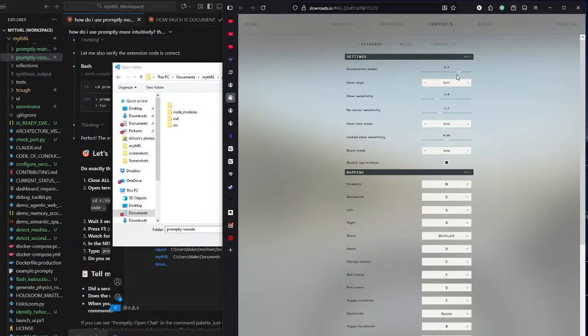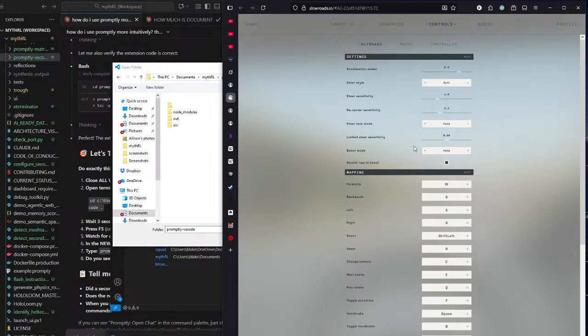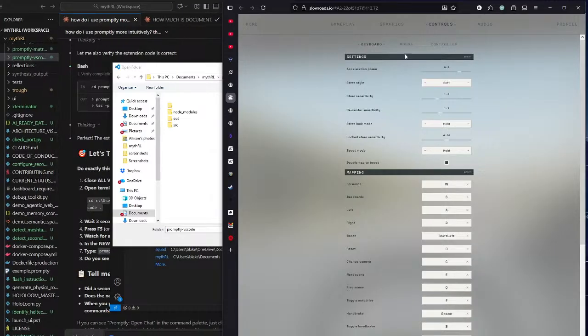Oh, I can change the speed. Oh my gosh, this is so rad. How do I do auto drive? I want auto drive. Steer lock. Okay. Let's just make it faster.